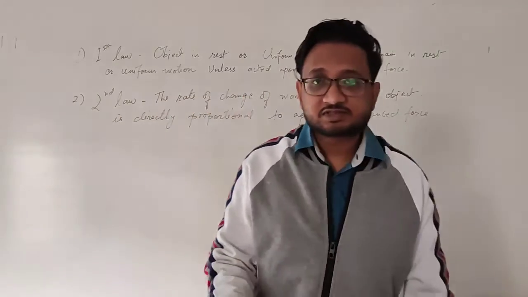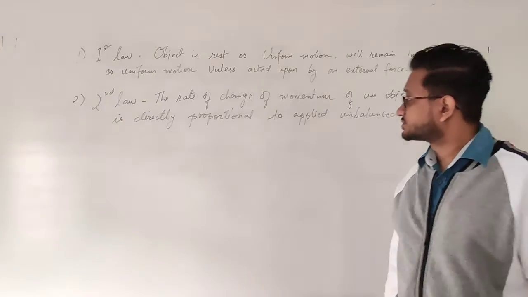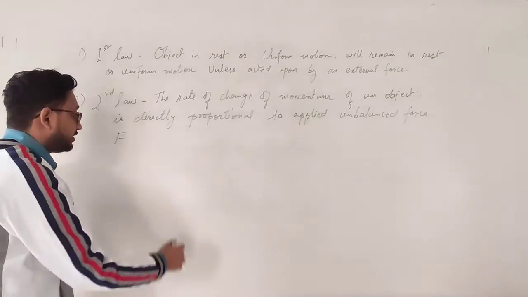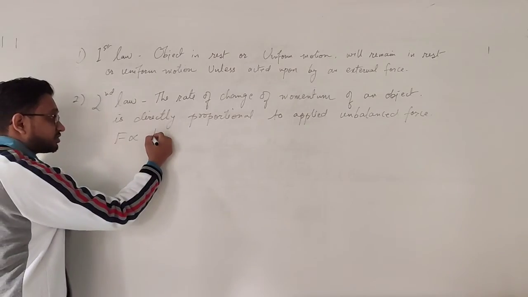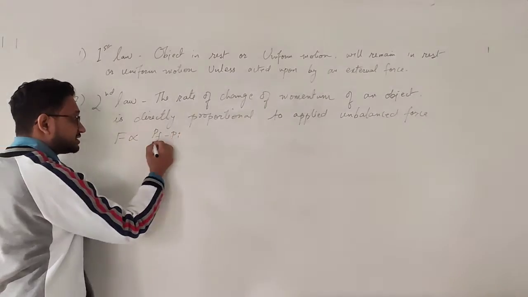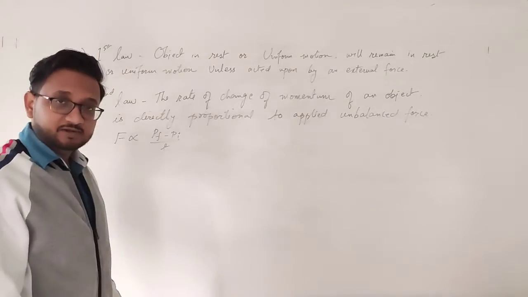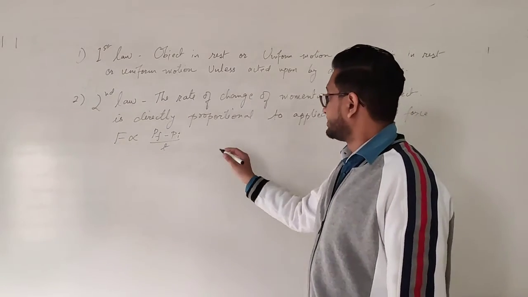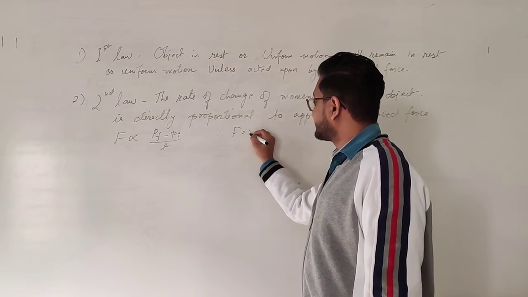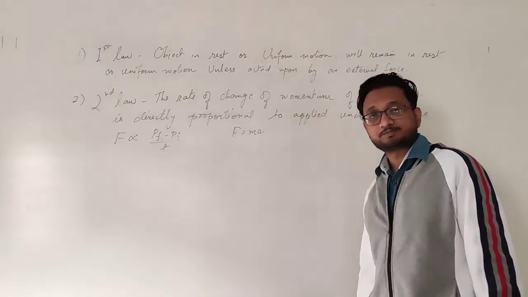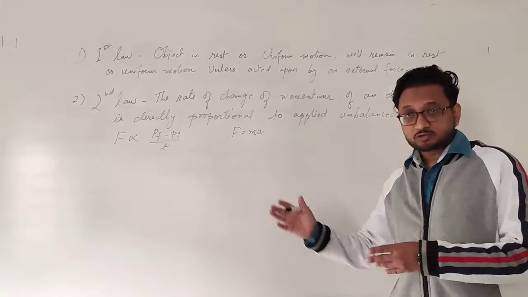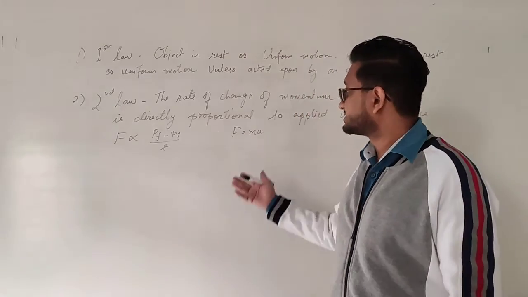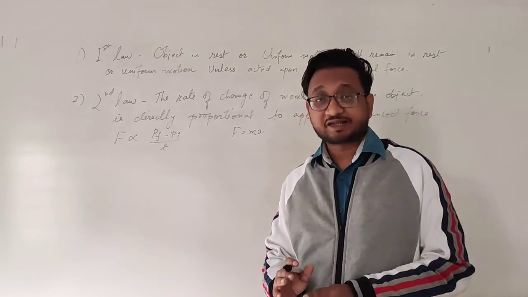Okay, and so for this we had a small derivation as well. So we'll see that over here. So according to the statement, force is proportional to the change in momentum. So P final minus P initial upon time taken, the rate at which the momentum is changing, and we had the whole derivation. Ultimately what we had was F is equal to mass into acceleration. Okay, I'm not going to show you the whole derivation, it has already been taught, you can check in my playlist, but this is just a reminder of how things work.